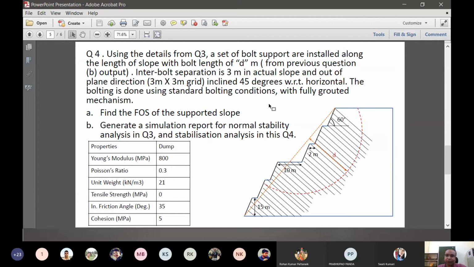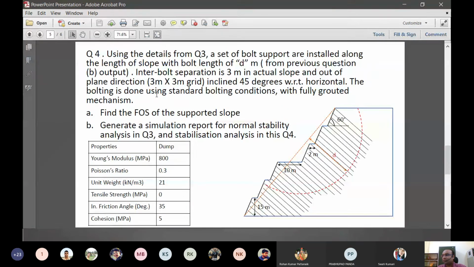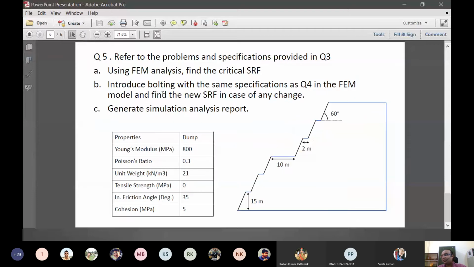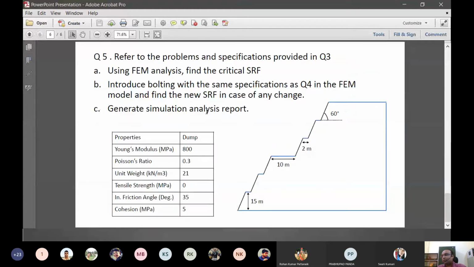That is why the whole point of this course is to at least make you capable of doing these basic simulations. Okay, question 3 and question 4 are I think one of the easiest ones. Question 5 is again very easy. Just using the question 3 and question 4 data, we can do that. So try, and try finishing these by Thursday and submit your journals.